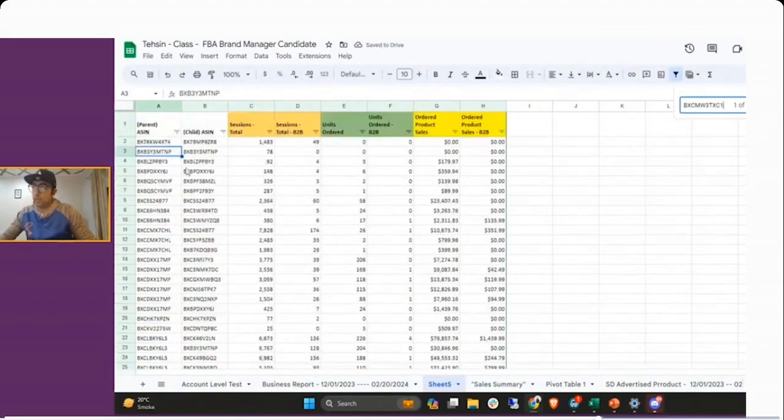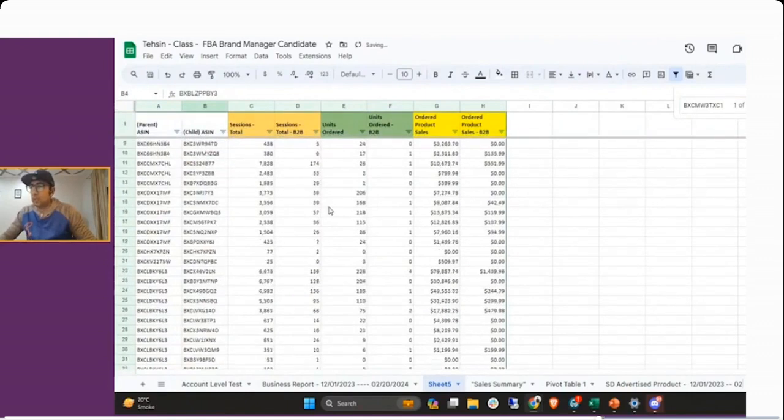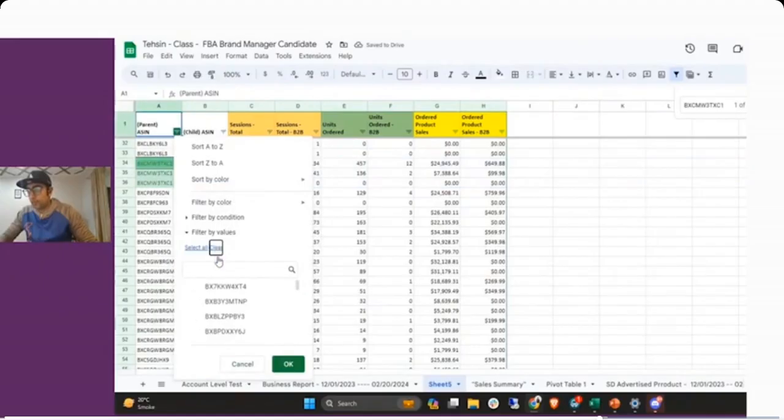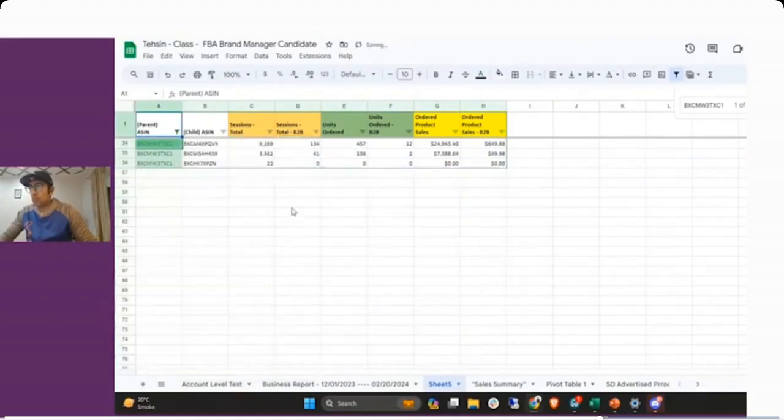But I'm going to have to freeze this so that I can see it. Parent ASIN is here. Let's filter it actually. Now this sum is 12,653, but this is actually for sessions. Units ordered is in